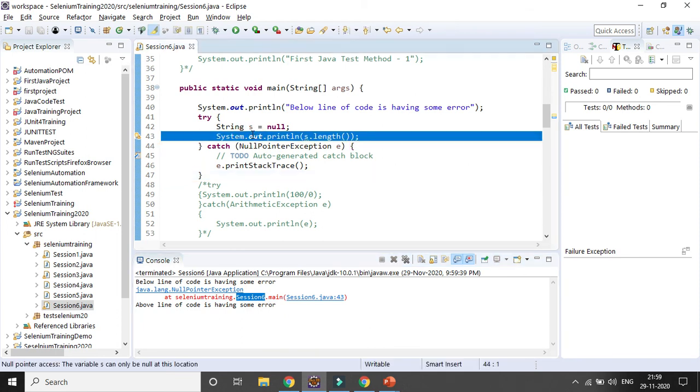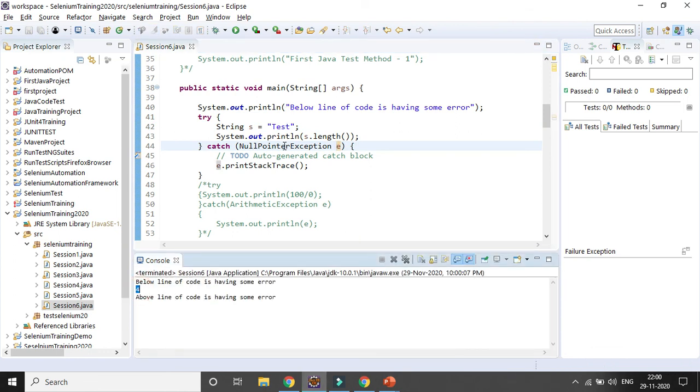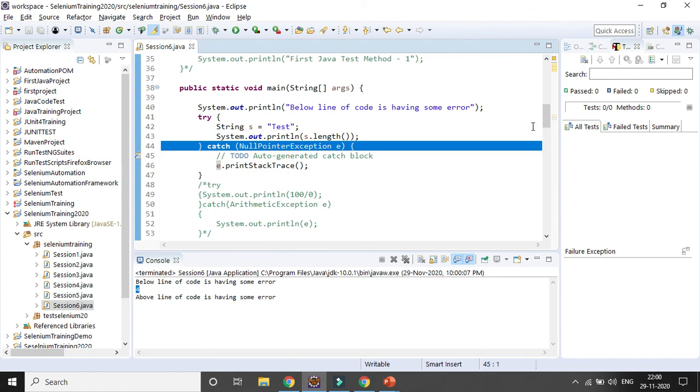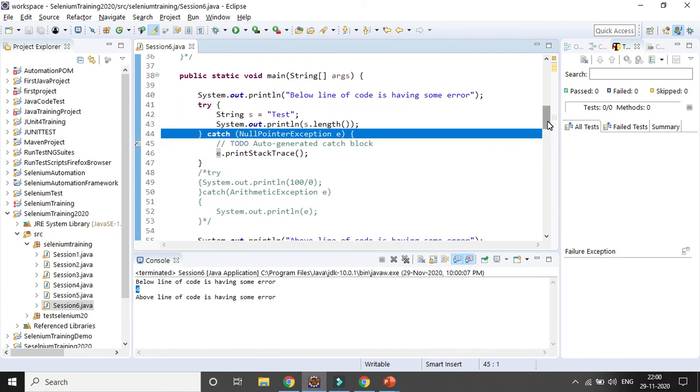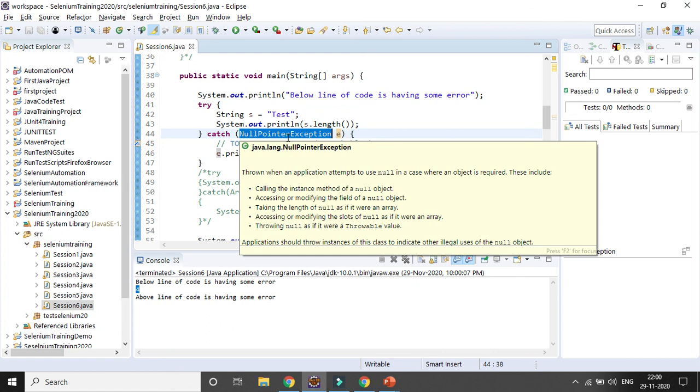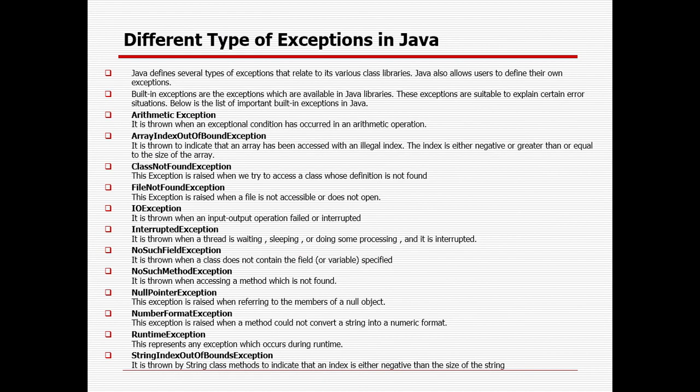This is the line where exactly it is coming, and if you enter some value here, suppose test, now there is no exception, okay, so the catch block will be completely ignored, right? And you will get the length, 4, 1 2 3 4, and the catch block is completely ignored, and definitely your remaining lines of code will be executed. So in case you are using try catch block and there is an exception, you have to give the exact exception name, otherwise you have to give only the exception keyword, right? So it will be handled, and in case no exception is there, obviously no error will be there, and the remaining lines of code will be executed. So that is the importance of exception handling.